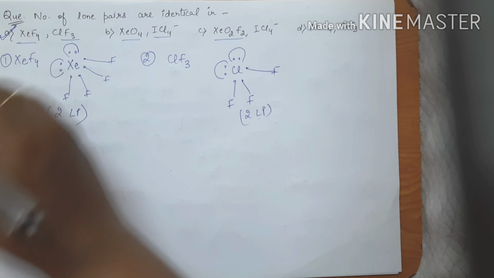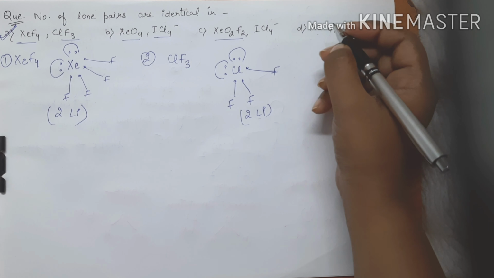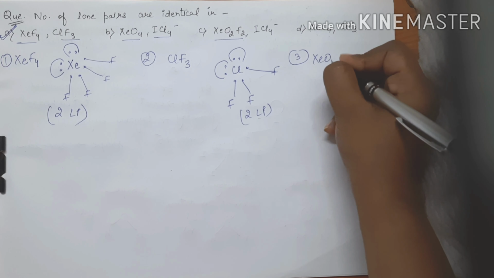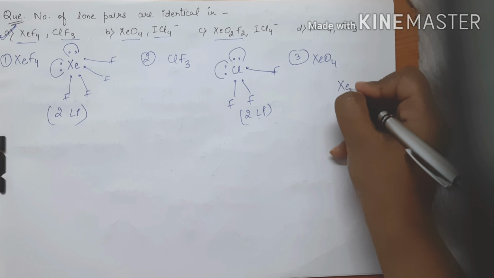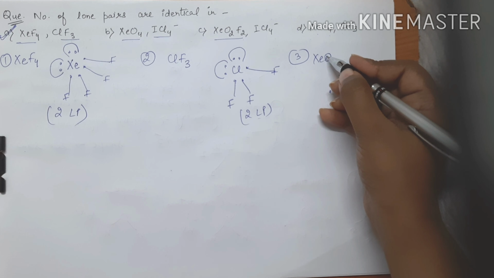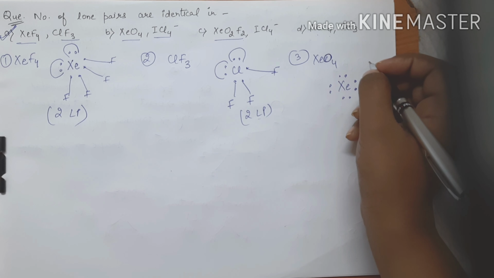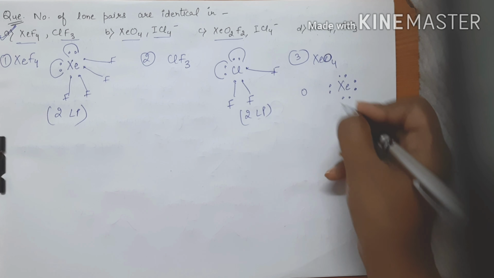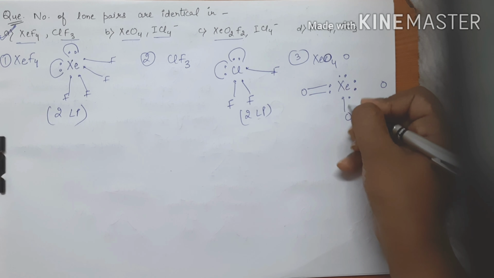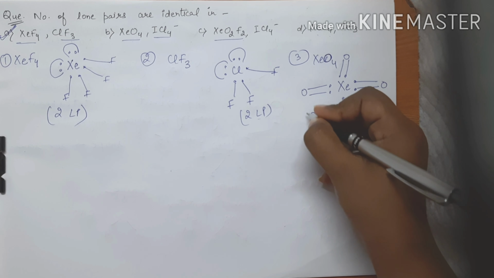So we have got the answer, but still we'll look for lone pairs in other compounds also, so that we get some practice, right? So next is XeO4. Xenon will be the central atom having 8 electrons in the valence shell. Here Xe is attached with 4 oxygens. We know that oxygen is bivalent. Bivalent means it will be attached to xenon via 2 bonds, right? 1 sigma and 1 pi. So it will be like this. So here 0 lone pairs will be present.